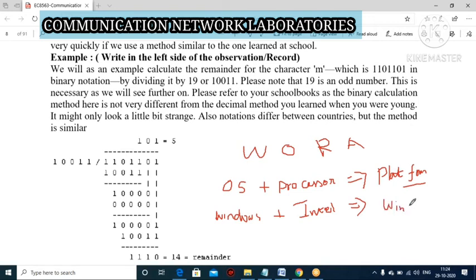Windows plus Intel, we call it Wintel. So now this Wintel is what we call a platform. So write once and run anywhere. Suppose you write once on this platform, but you are able to run it on any other platform. That is the basic advantage of Java.